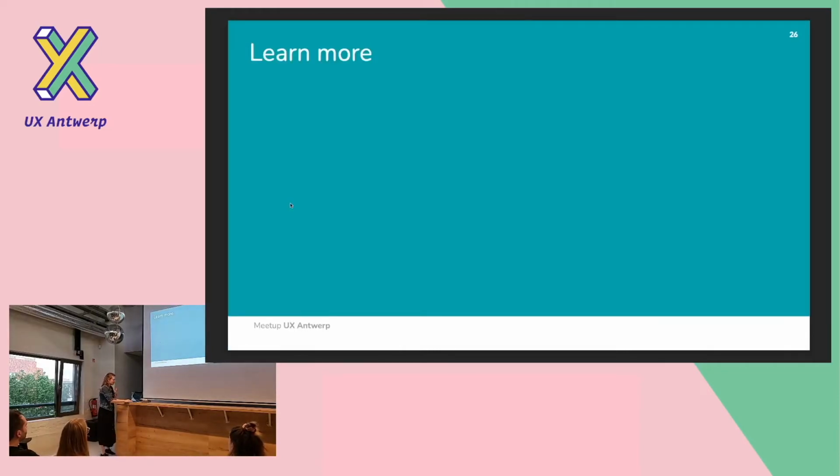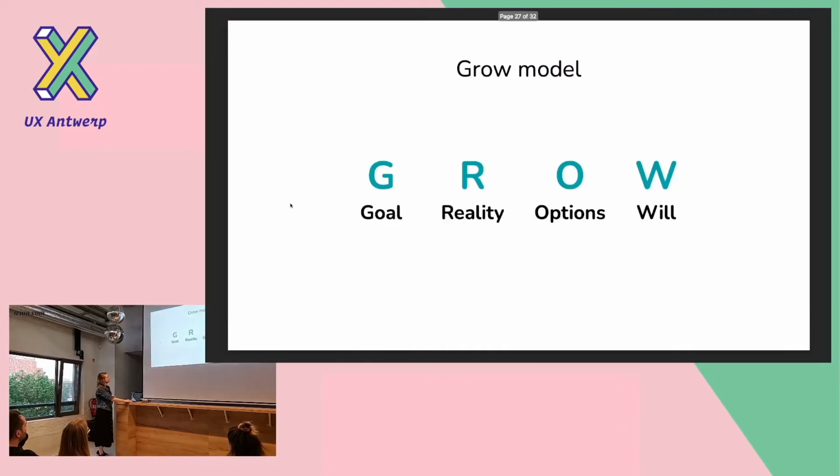Okay, these were the 3 models, but I already mentioned UX Pro, and I used to work a lot with Jan Moons, and maybe some of you know him. He is, like me, someone who likes to teach people about UX and about user research, about usability testing. And that's why we also started a program with different courses about UX design.